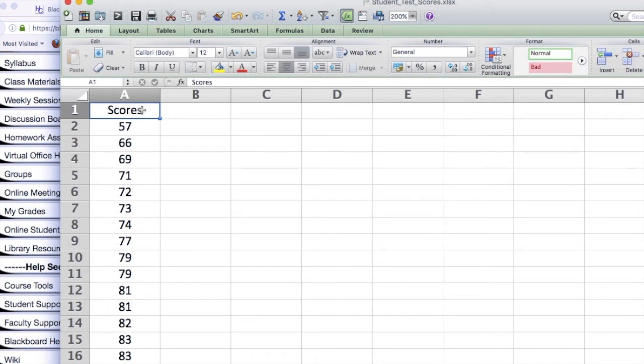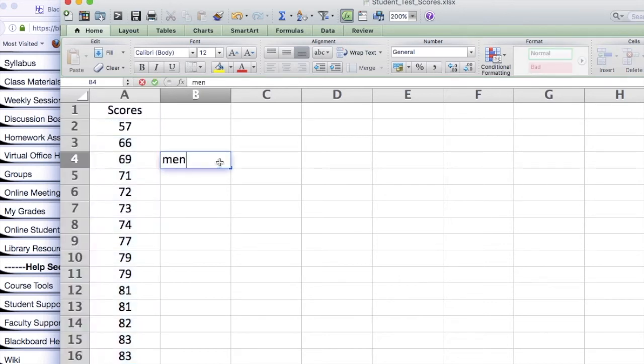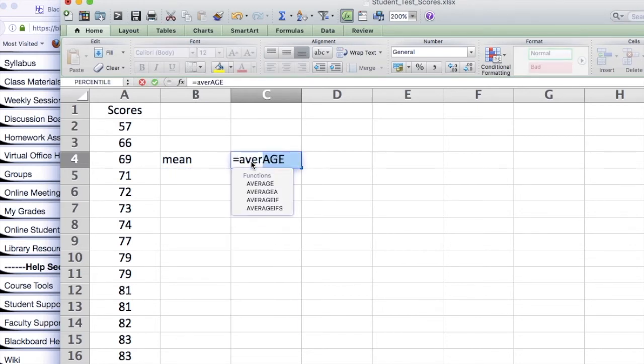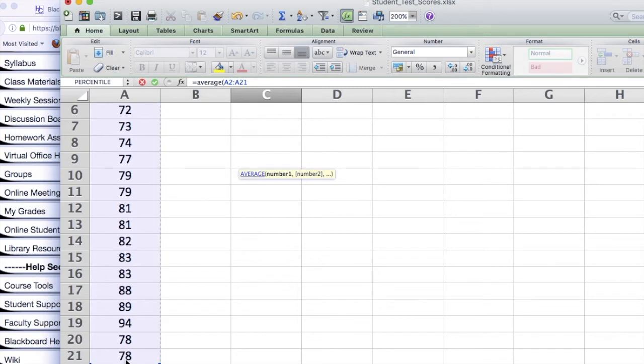At the top here, there is a value called scores, which is the variable name. That's the name of what these are. Maybe they're test scores, maybe there's some other thing, but the variable name is scores, and then the actual values are below that, right? So if I wanted to find the mean, median, and so on and so forth, I could find the average. And I would use the actual functions in Excel rather than do the calculation the way we did it the previous time. Okay, so the mean or average is